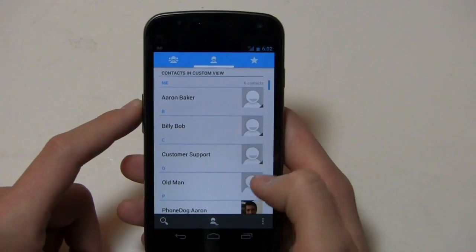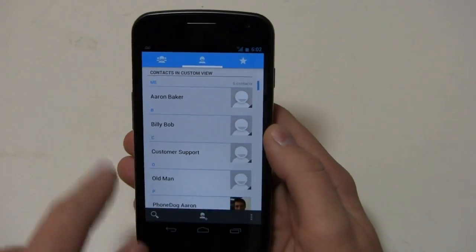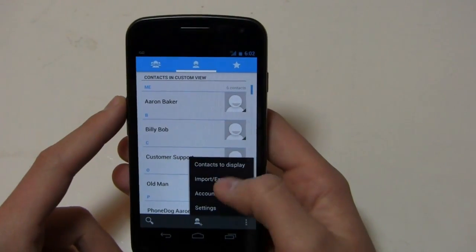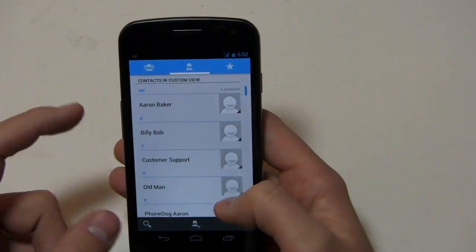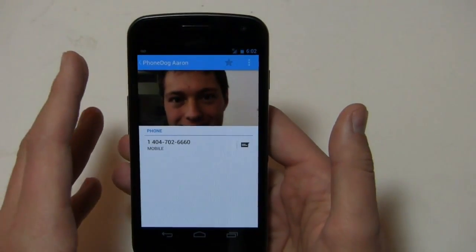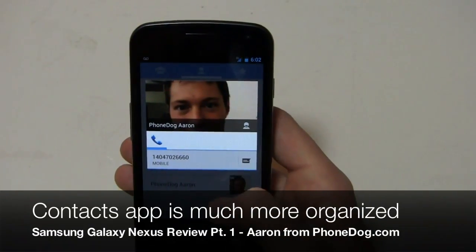I want to show you the new contacts application. Totally different here, and you can see kind of a new color scheme, a new look. You've got search, add a contact, and then you've got your settings down here where I can change things around if I wanted to. So we'll take a look, for example, at PhoneDog Aaron. You can see this awful picture of me. You can see PhoneDog Aaron up here, and I can easily back out by doing that, or I can click